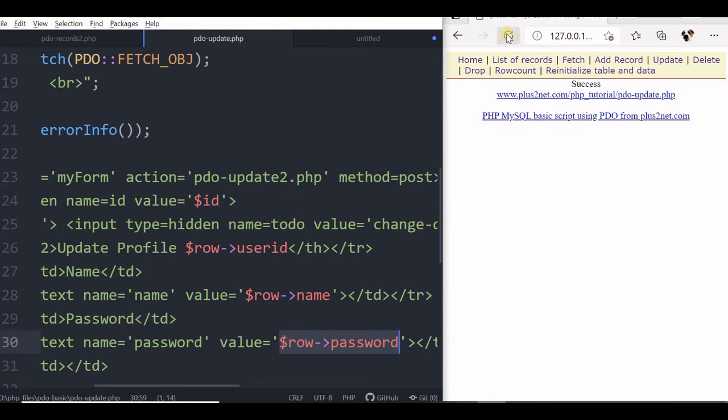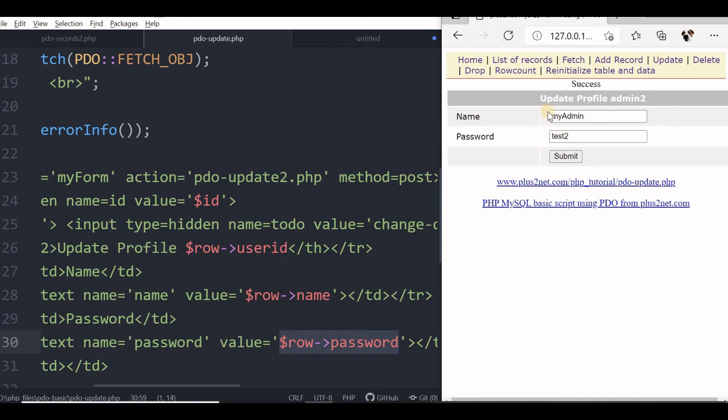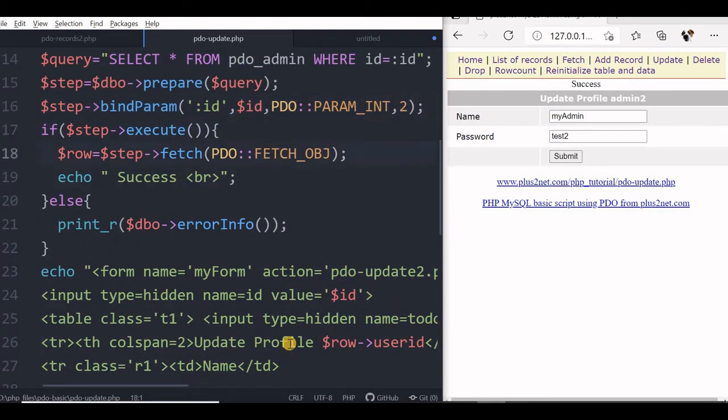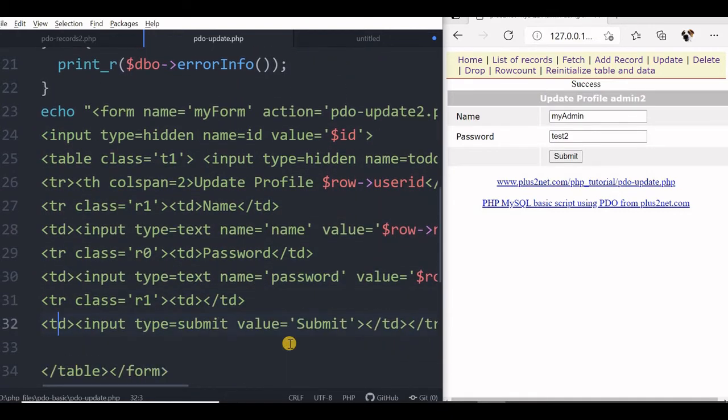I have saved it. Let us refresh and see. Yeah, you can see the name is coming as myadmin test2, because this value presented by default is taken from this row, which we have collected from this line. So, we are directly fetching our data from the table for the particular id equal to 2, and presenting it inside a table for the visitor or user to change and update. The user can make it test, change it to 4, and once they submit it, it will update that particular record. That we will learn now.